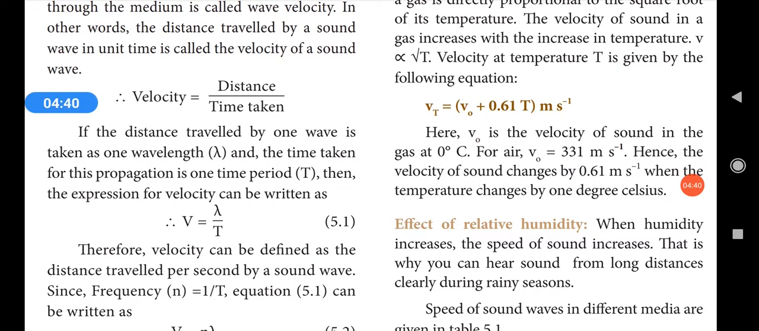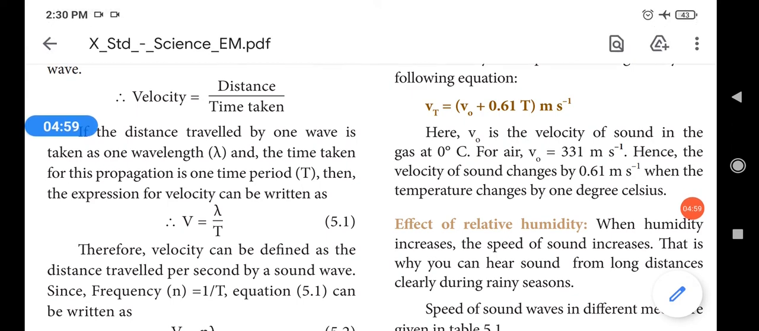Okay, so velocity is equal to distance divided by time taken. Distance covered by the wave divided by time taken. So that is velocity of the wave. Velocity of the wave is equal to distance covered by the wave divided by time taken to cover that